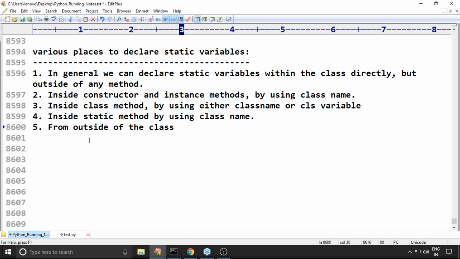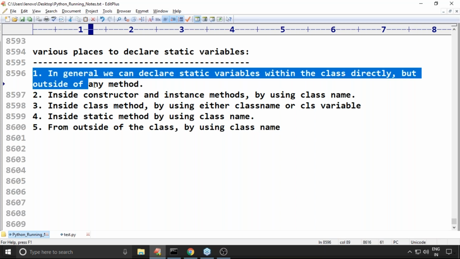Outside of the class, by using the class name. These are the various places to declare a static variable, but among all these places, which one are we always going to use? General programming practice is about this one.